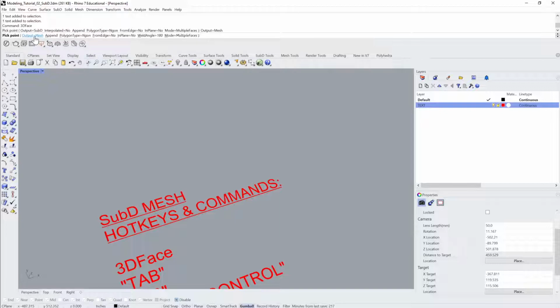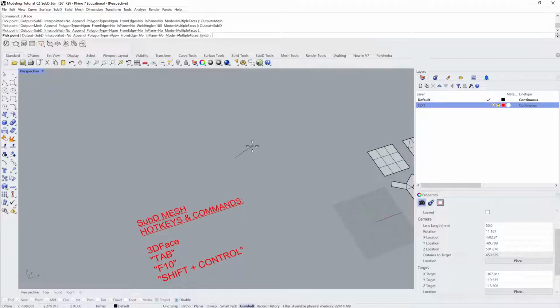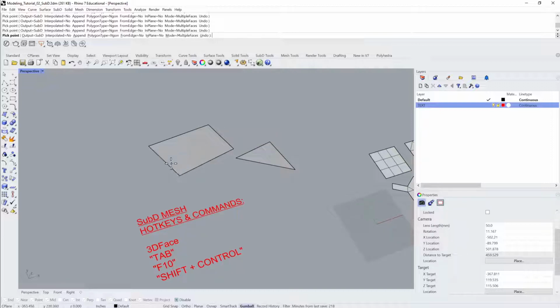By default, it might be set to mesh, but you want to click it to SubD, and after doing that, you can draw either a three-sided or a four-sided, hit enter, or perhaps even a multi-sided polygon as a SubD